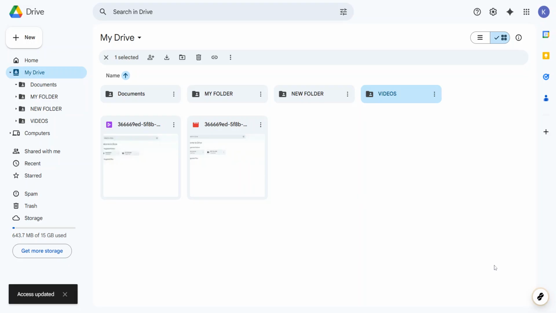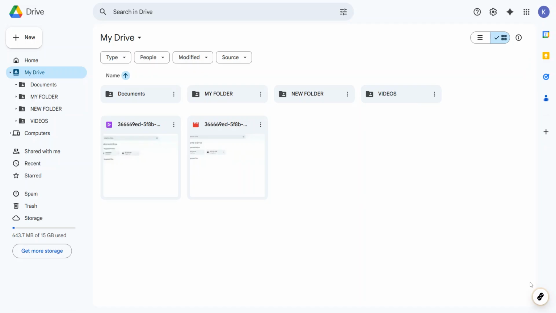You should now see the person listed in the sharing panel, confirming they have access. If you ever need to double check, you can open the share window again to review names and permissions. A few quick tips as you wrap up. Use viewer or commenter